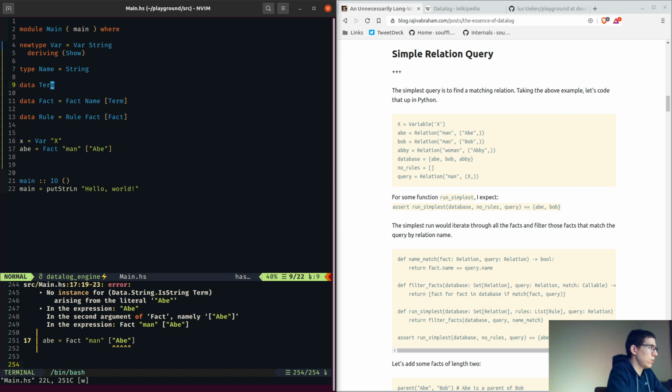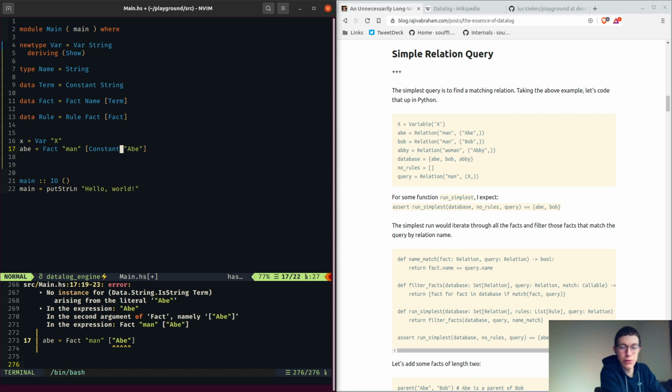Yeah, so let's make a constant here. Oh, and we have to say that this is constant. Okay, it might become a little bit verbose, but